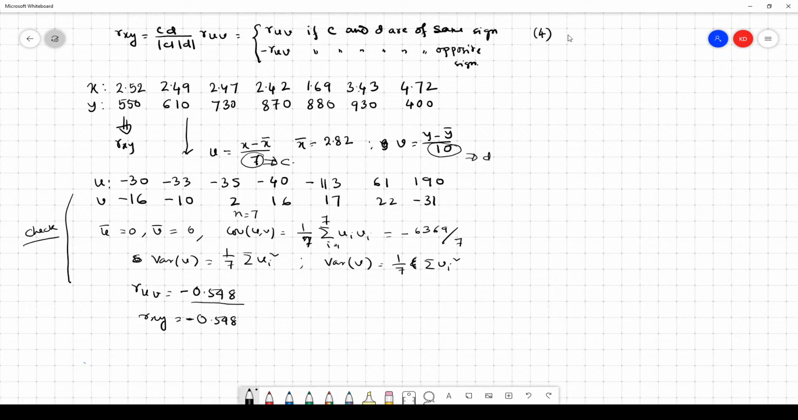Okay, so the correlation coefficient always lies between -1 and +1. If the correlation coefficient goes to either +1 or -1, this indicates x and